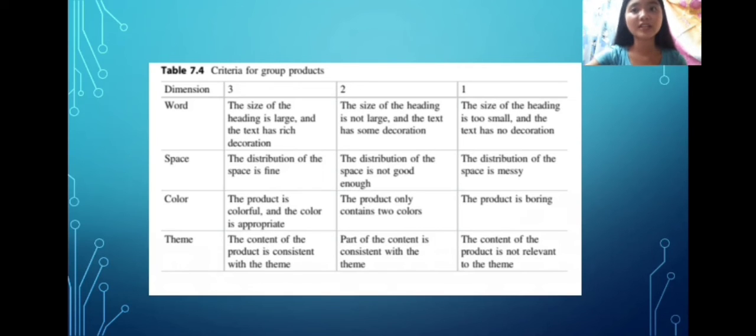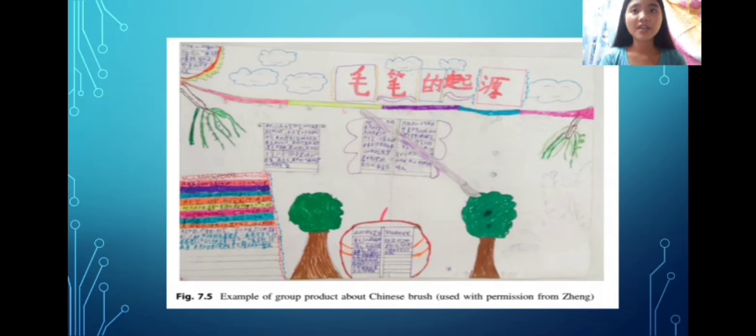Zheng 2017 evaluated the final product of groups according to the scheme and analyzed the means and standard deviations of group products. The result indicated that all of groups made great efforts to collaboratively draw the artifacts. So in figure 7.5, it is an example of the final product of groups.